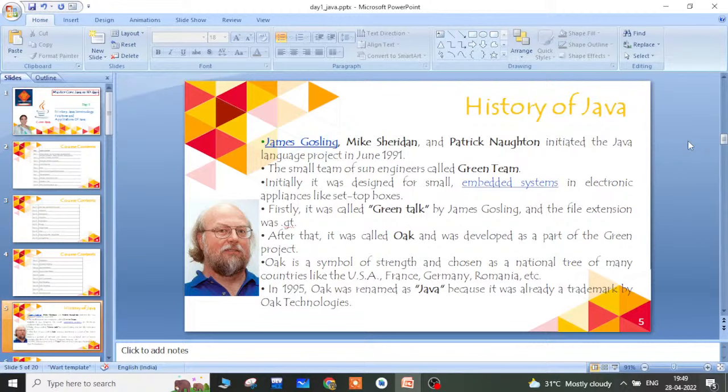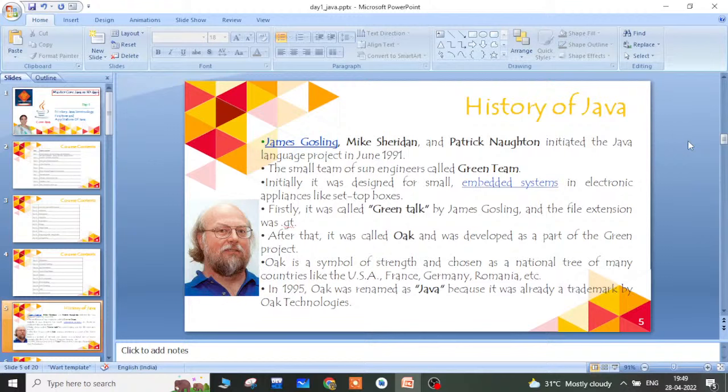As the history says, they were spending most of their time in the lab inventing this programming language, and they spent their time drinking coffee. So by that they thought they should give the program the name Oak.